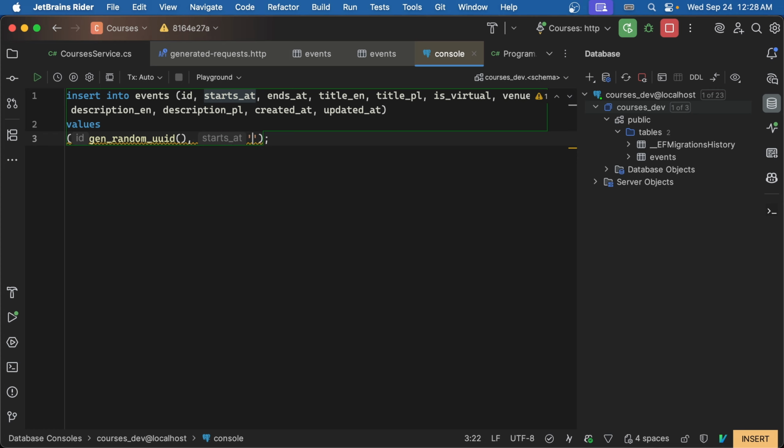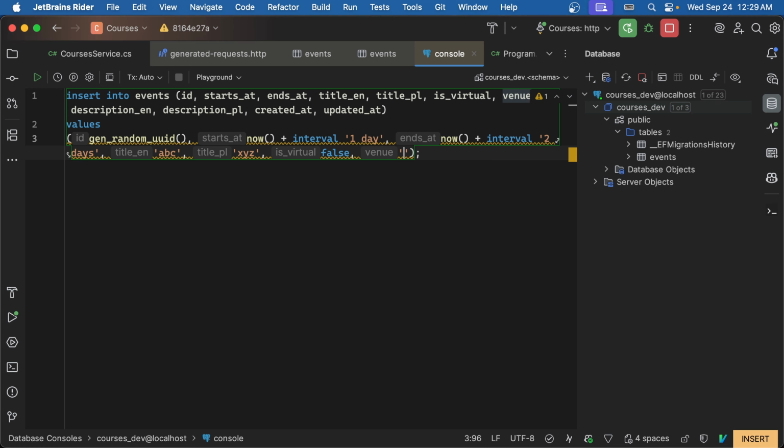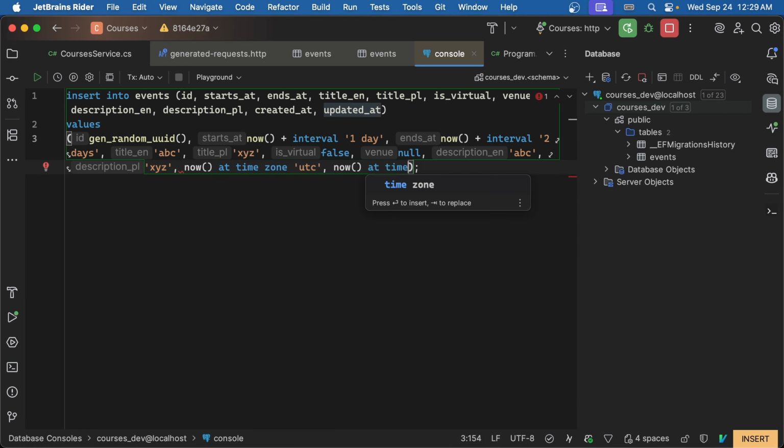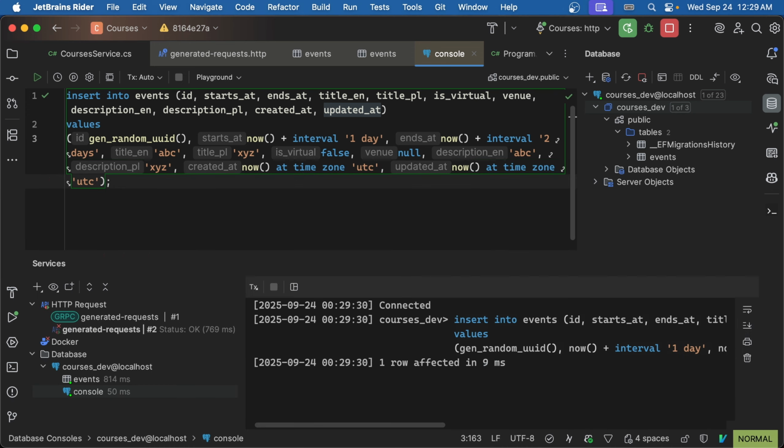So yeah, let's just say now plus interval 1 day, now plus interval 2 days, and then title is going to be ABC XYZ, false, now, ABC XYZ, now at time zone UTC, now at time zone UTC, call it, and now